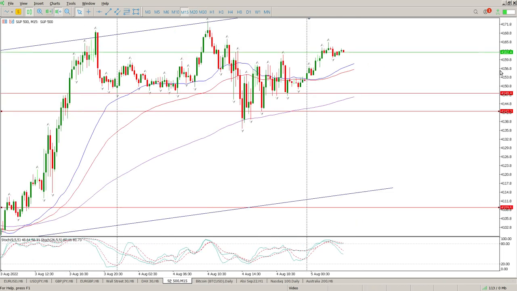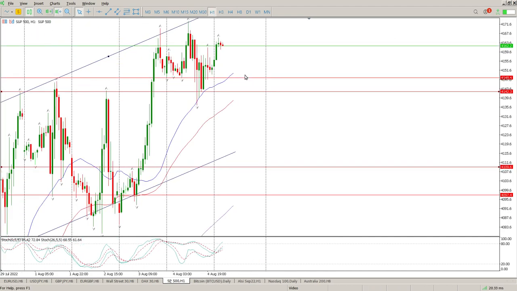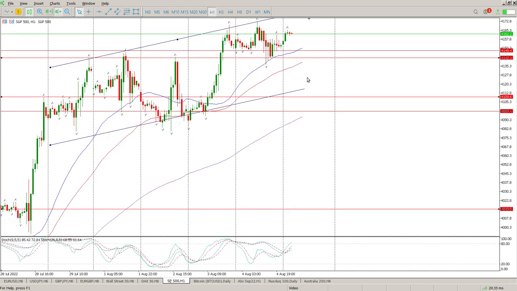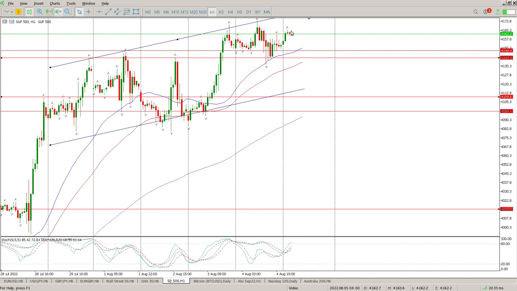On the 15 minutes, you can see absolutely nothing worth trading. If you wanted to, you could have taken a stab at this off the 155, but we've still got a few 15-minute gaps open to the downside as well. So a strategy that I normally look at with non-farm payrolls: as this comes to the hour, I look for the extreme levels, and for me, this is an extreme level down here. Put a small position order in here with a fairly wide stop, and this is quite nice because it's a 400-point stop loss. So I just put a stop below all these tails,